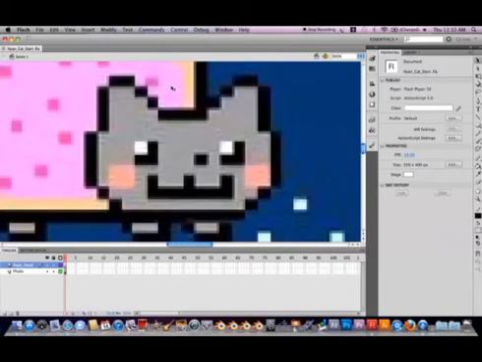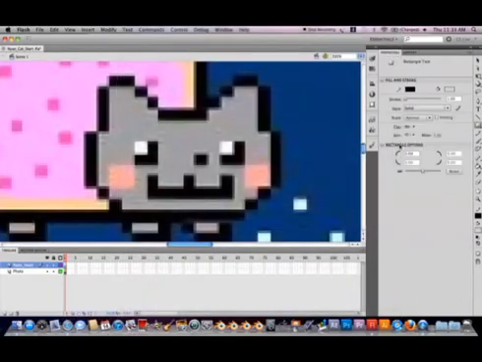With our magnification set up, we can now begin to outline Nyan Cat's head. To outline the black boxes around Nyan Cat's head, we will be using the rectangular select tool. The reason why we're not going to use the pencil tool to stroke out the outline is due to Nyan Cat originally being drawn as an 8-bit pixel. This would be a pain to draw with the pencil tool because you'd have to draw each box and your boxes will not be exactly straight. However, with the rectangular select tool, we can get exact lines and rectangles just like Nyan Cat was originally drawn